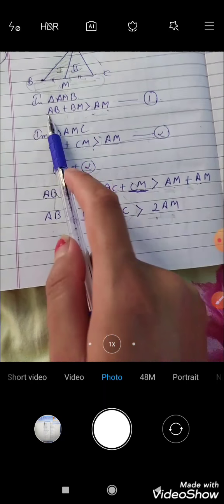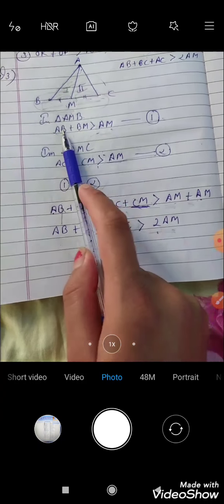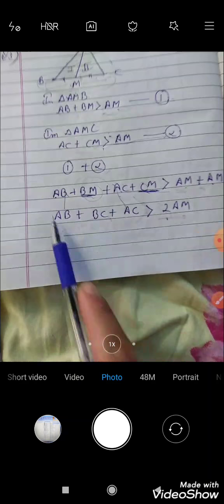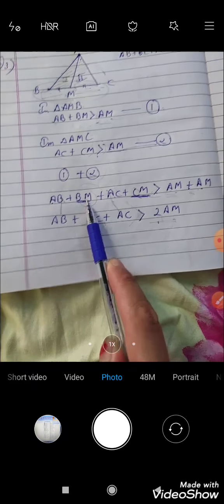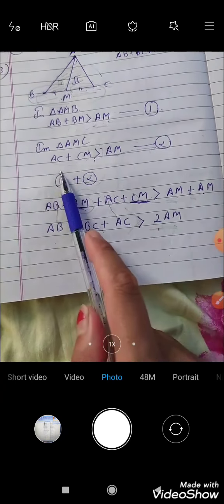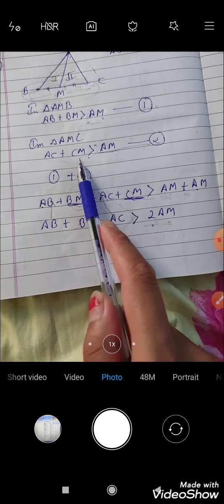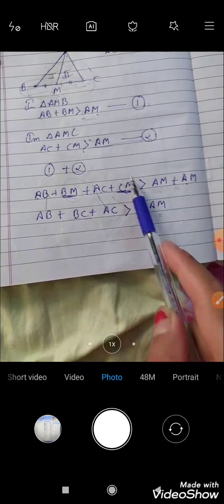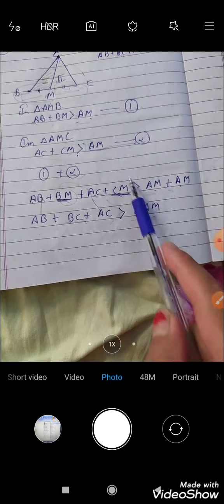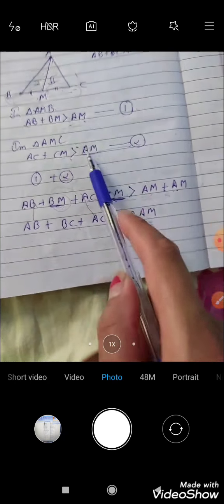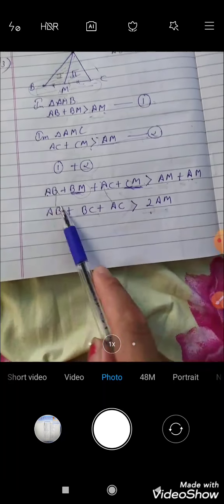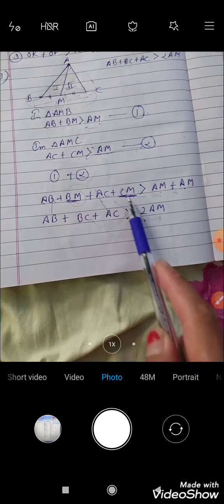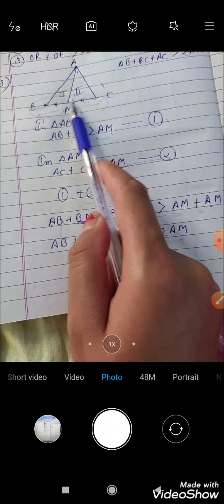So first we write the left part of equation number 1, and it is AB plus BM. Then we add the left part of equation number 2 to it, and we have AC plus CM, and this value is greater than AM plus AM. Now take BM and CM together. BM plus CM is